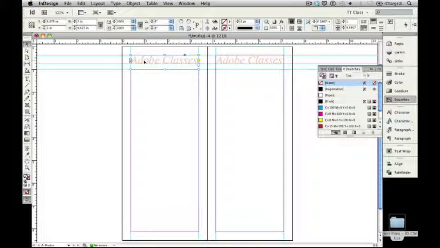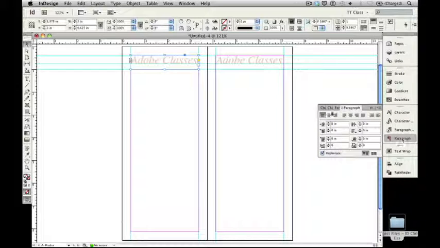Now I have one set to the left, and I have one set to the right pages. But if I look at the type, both of these are actually set to the left. On the left-hand page, I want to move that type a little closer to the gutter. So with that selected, I'm going to go to my Paragraphs panel, and I'll just click the